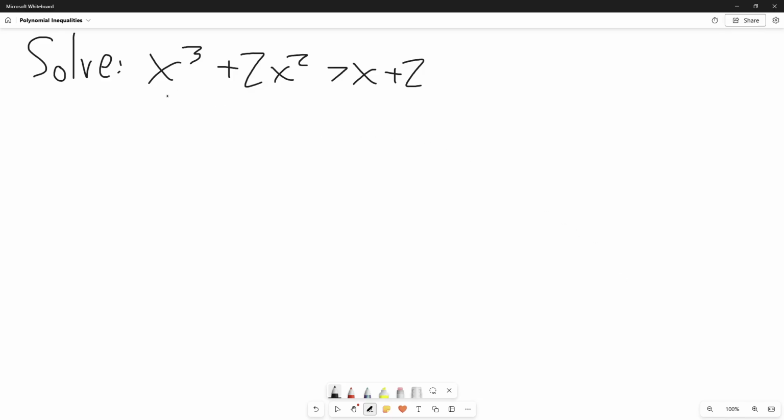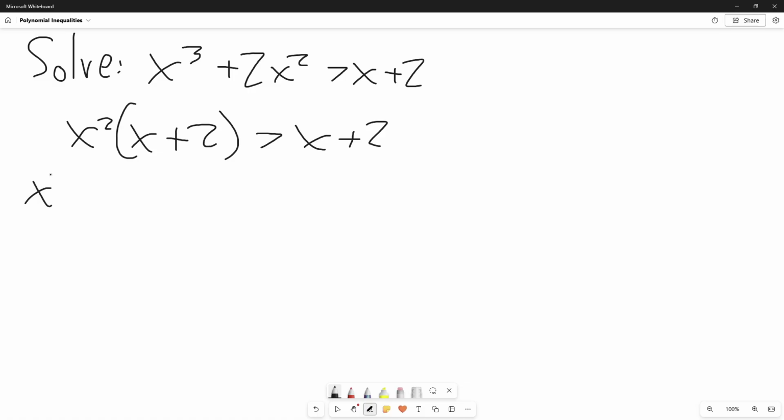But you can notice that this left side is just the right side times x squared. So we can write this as x squared times x plus 2 is greater than x plus 2. And then, again, move these terms to one side so you get 0 on the right side. So x squared times x plus 2 minus x plus 2